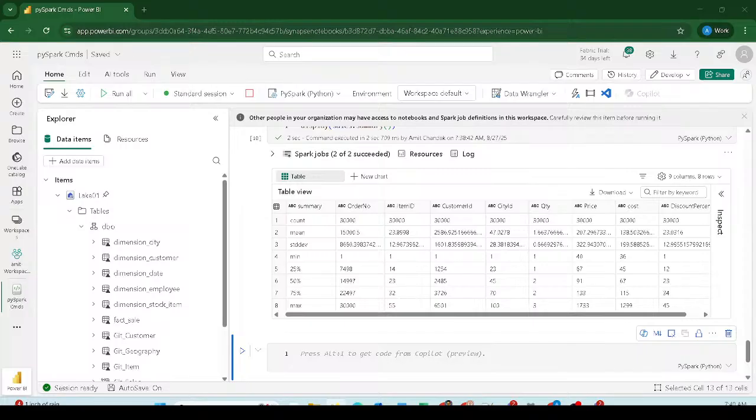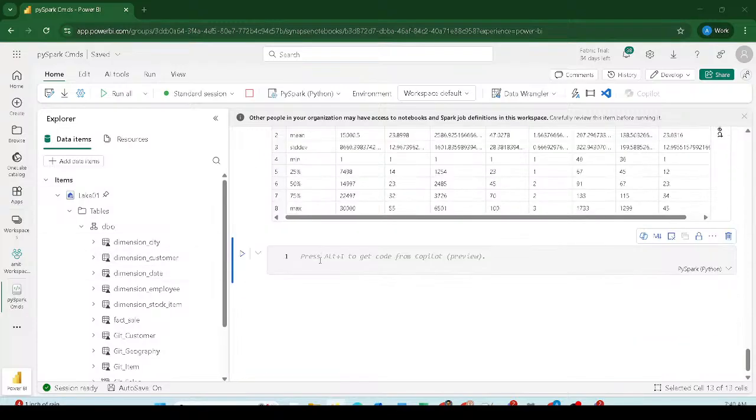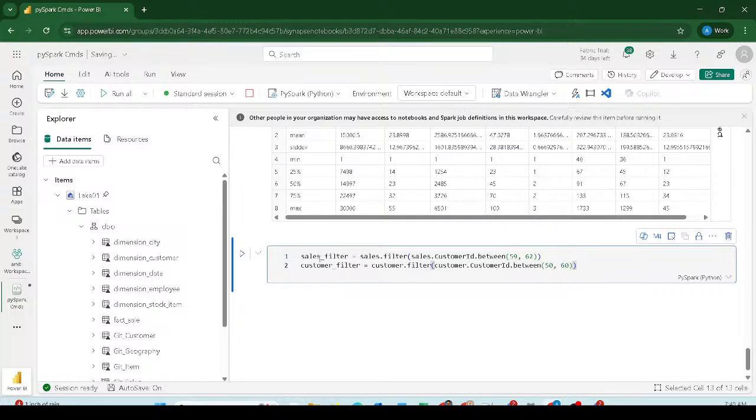on the sales and customer. But right now, my sales and customers have the complete data, so I cannot simply run all the joins. To run all the joins on this data, I can reduce the data in these two. If I reduce the data, I will make sure both the tables do not contain some data, so that I can learn all the joins and then I can go ahead and